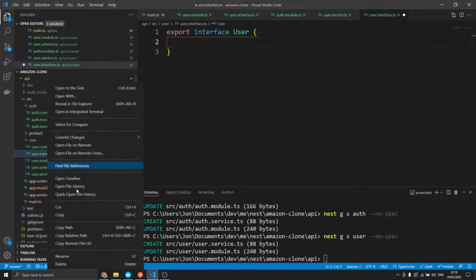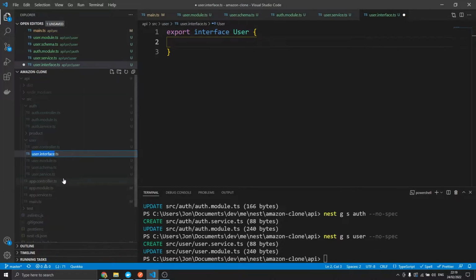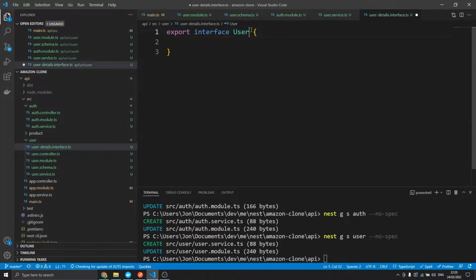And I actually might just call it user details just to make it a little more specific, user-details, because I feel like user is going to be overloaded pretty quickly. So let's just call this user details